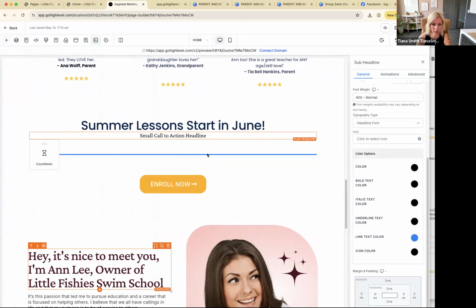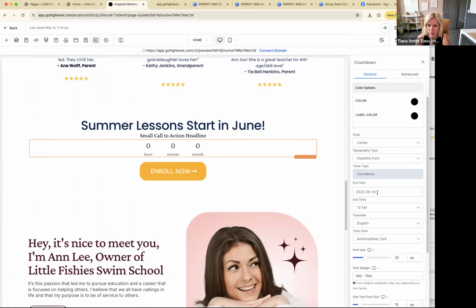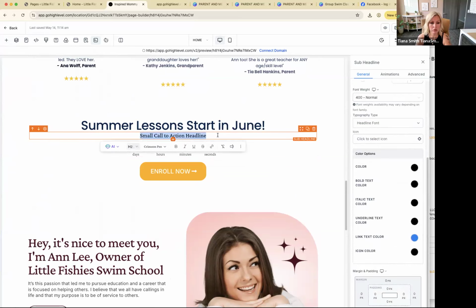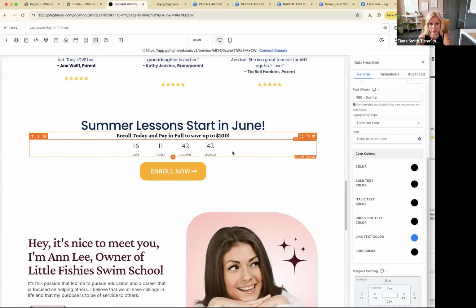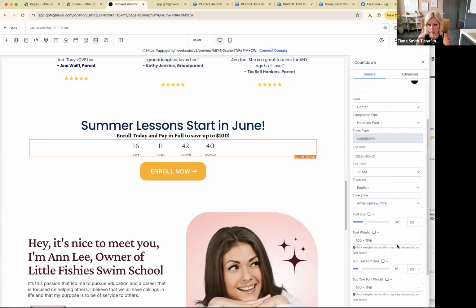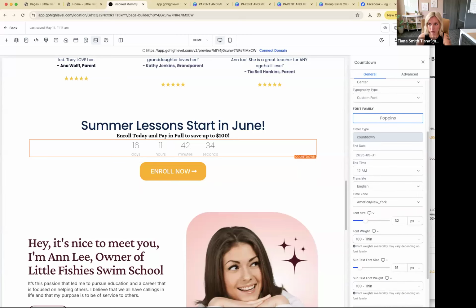So if you are doing a countdown, you'd obviously have to take this out, this isn't something that you can keep in there. But what we're gonna do is put May 31st. Okay, so all these need the font changed. So again, you just gotta be in the zone to do this. And why I have a timer on and why we're doing this all together is that,